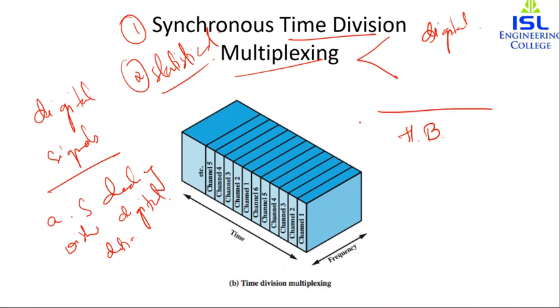Instead of sharing a portion of the bandwidth as in frequency division, where we have seen that if we have 10 signals, each of them was sharing the bandwidth, here time is shared. Instead of sharing the bandwidth, we share the time. So each connection occupies a portion of time in the link. The same link is used in the case of time division multiplexing. In this, we'll see the figure.